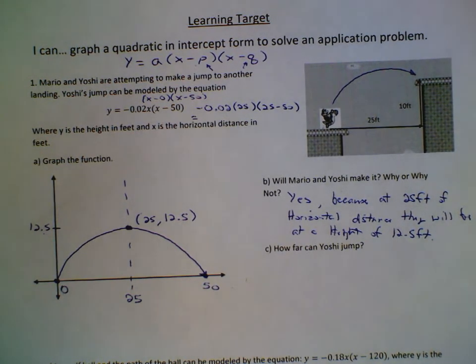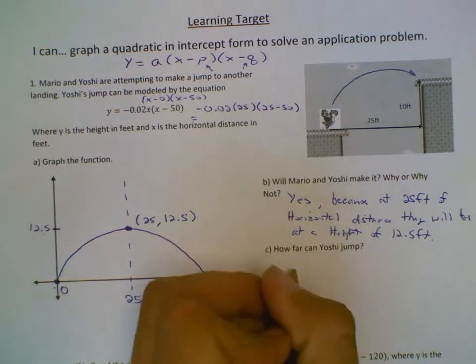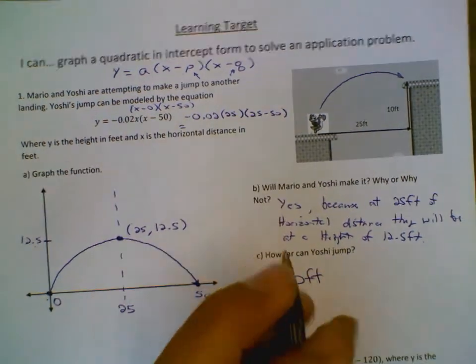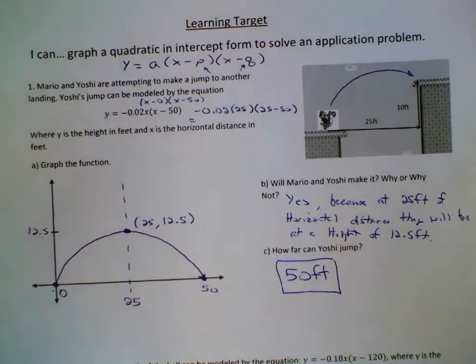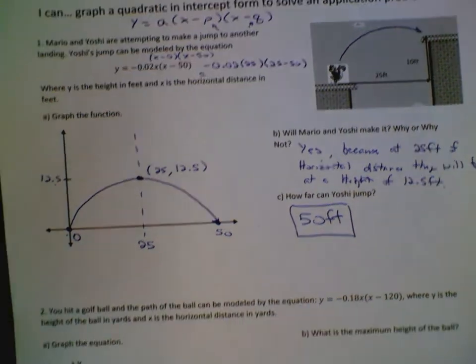And then it says, how far can Yoshi jump? Well, if you look at the picture of my graph, he started at 0, he landed at 50, so he can jump 50 feet out. Okay, so how far he can go is 50 feet. Okay, so let's go ahead and look at a second example then. So number 2 says,